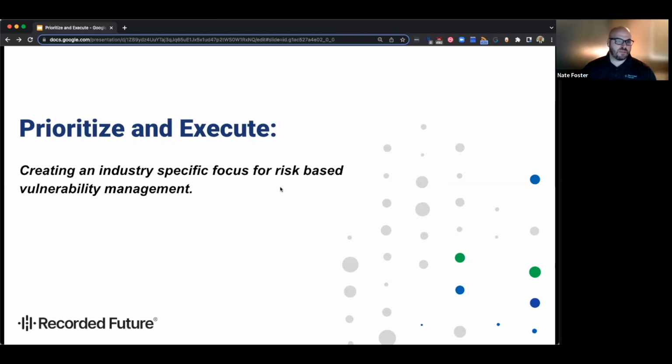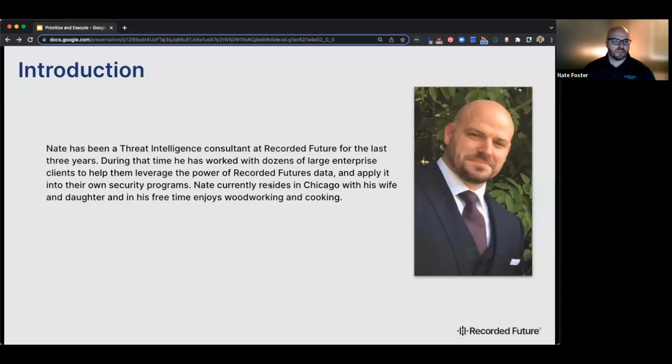Before we jump into that, just want to do a quick intro about myself. So my name is Nate Foster. I've been a threat intelligence consultant at Recorded Future for the last 3 years. Currently, I live in the Chicago area with my wife and daughter, and in my free time, I enjoy woodworking